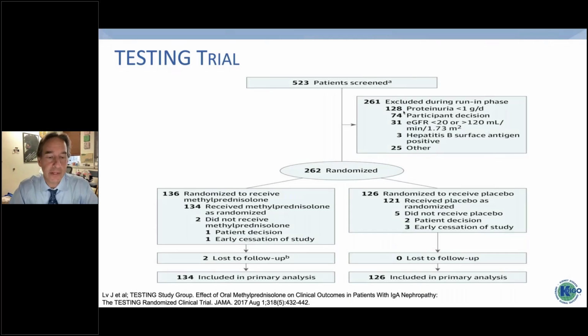And at the same time, again, lots happening in the last few years, the TESTING trial released their data. They had screened over 500 patients and had randomized their initial 262 patients on their way to wanting to evaluate 1,000 patients randomized to corticosteroids versus non-corticosteroid therapy, supportive care with maximally tolerated ACE inhibitors or angiotensin II receptor blockers. And they were able to evaluate 134 patients who received methylprednisolone at a solid dose compared to those who were